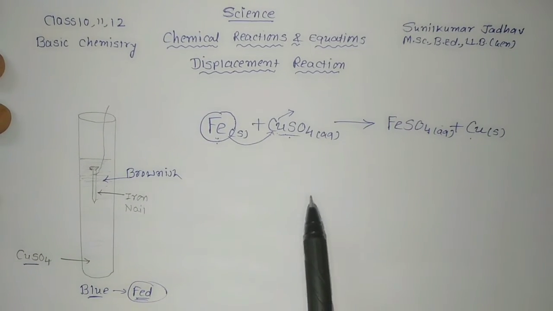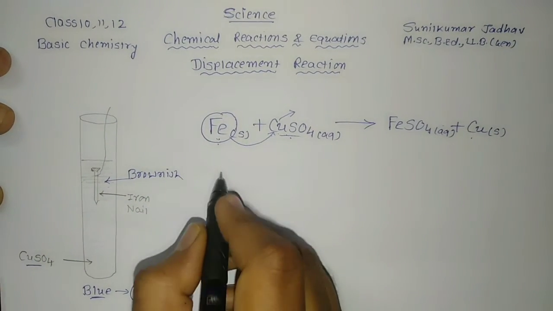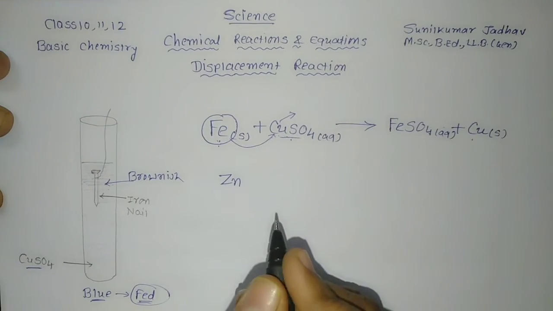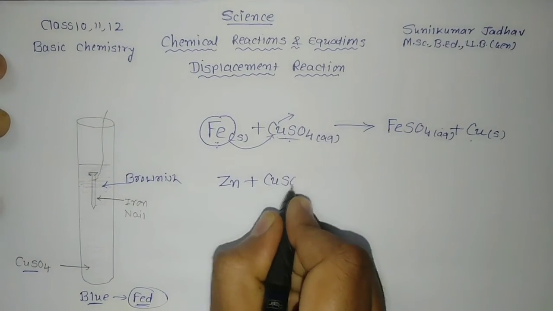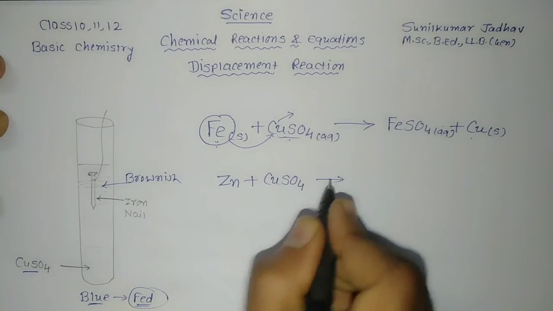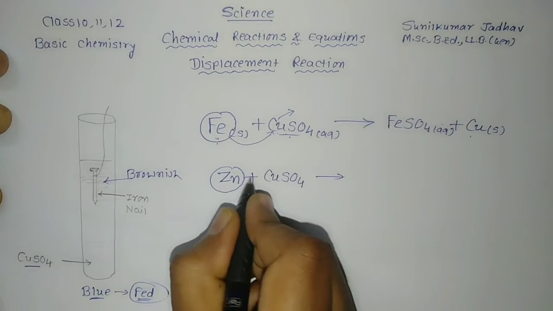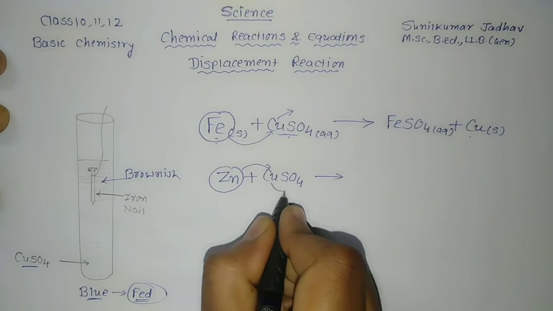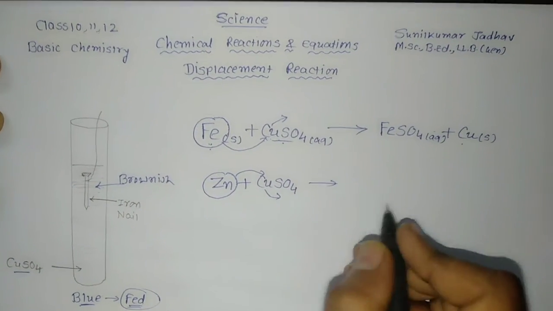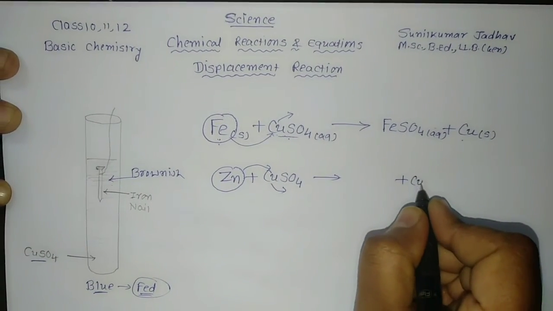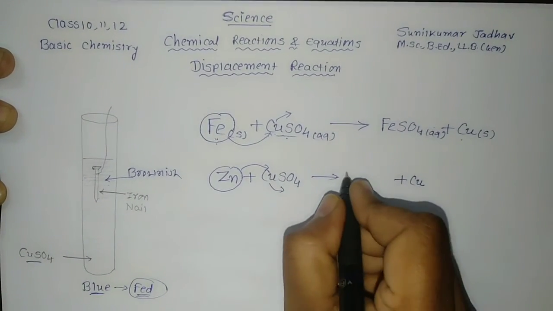We'll see another example of the same. We'll take zinc, this is another metal, zinc. When we put this zinc metal in a copper sulfate solution, the same reaction will occur. Zinc is more reactive than copper, so it will remove the copper from the copper sulfate solution, so I'll write Cu is removed, and what will it form? It will form